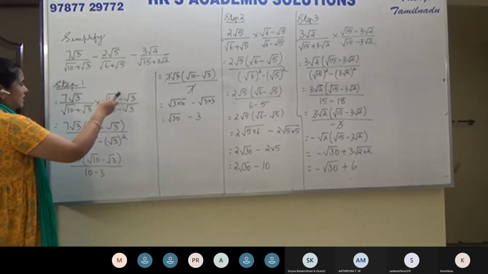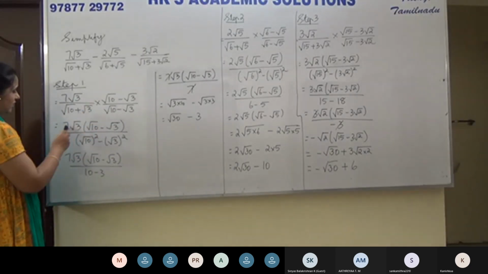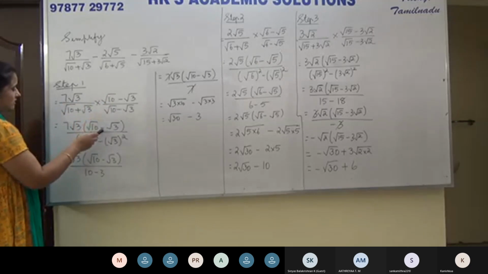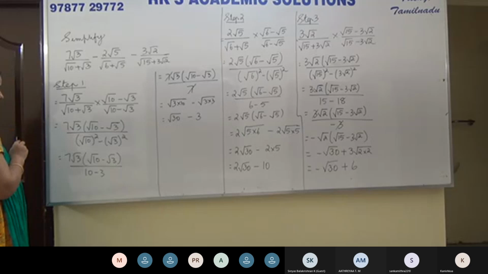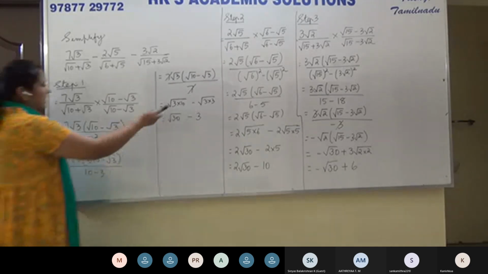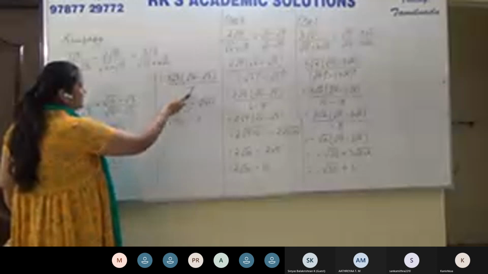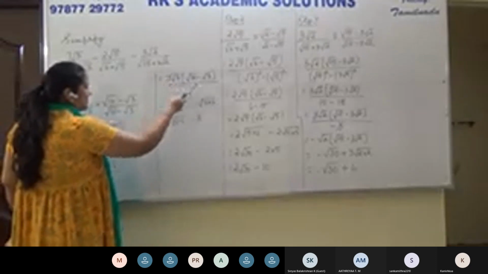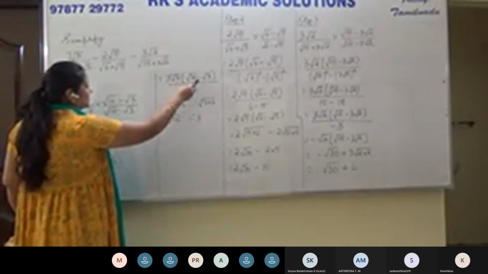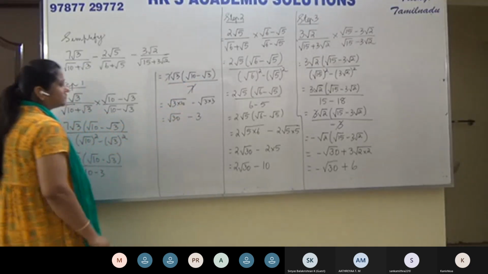So after multiplying and dividing by the conjugate, we simplify only the denominator. The numerator, we just write the product as it is, 7 root 3 into root 10 minus root 3. We don't actually multiply and get the final result. We'll just wait for the denominator to happen. The denominator is 7, and you can see that you can simplify the 7 in the numerator and denominator here. So they get cancelled, and that gives us root 30 minus root 3 into root 3, which is 3.